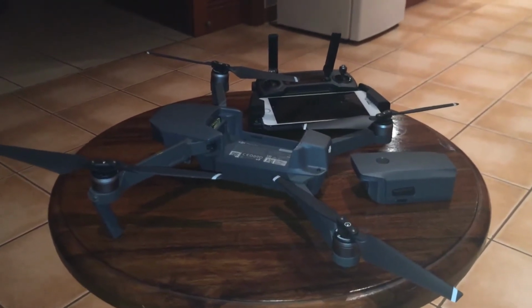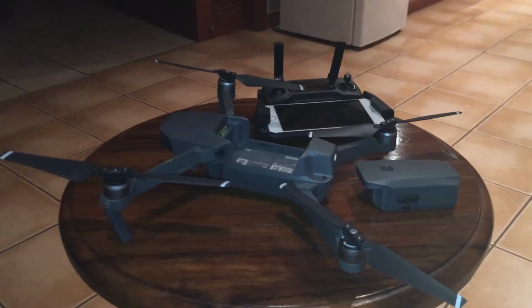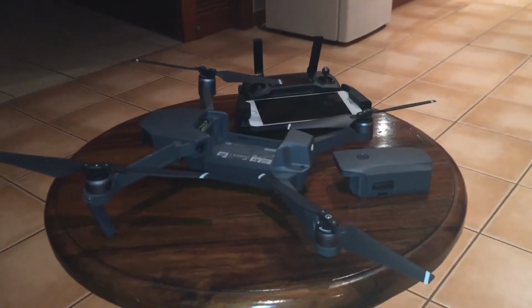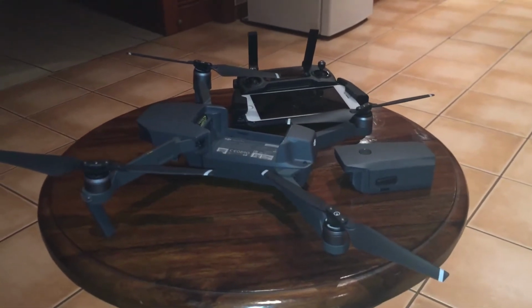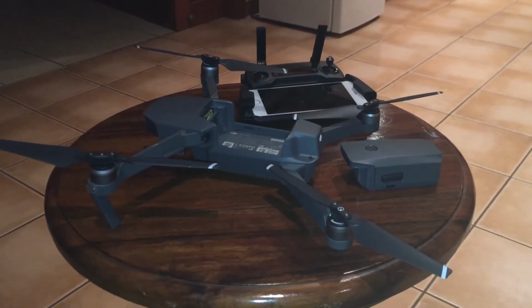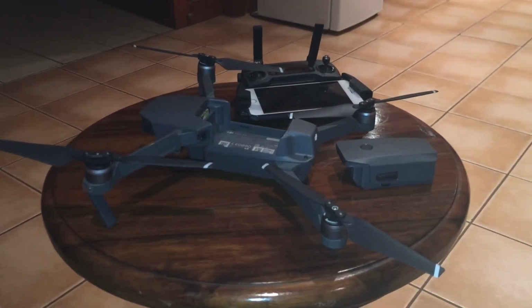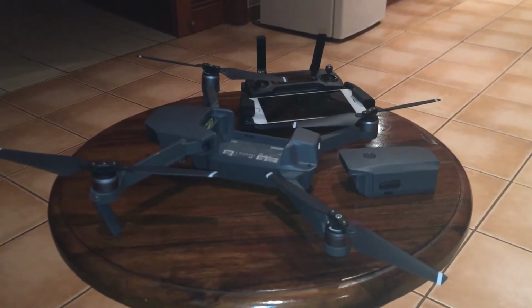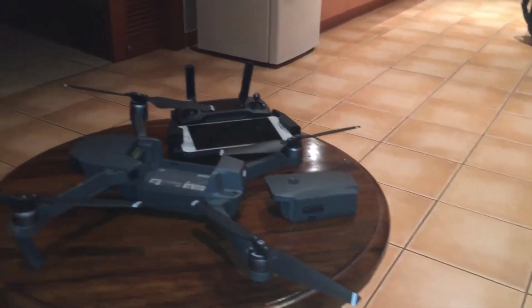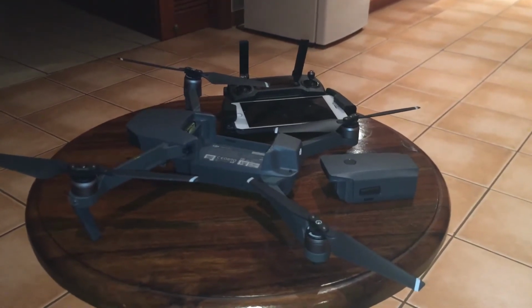But I'm completely aware of that. I'm completely aware of the limitations of my equipment, and I go into that in a lot more detail in the longer version of the video for anyone that wants to watch it. I'll upload that later. But flying in normal or sport mode in a hover, there's zero issues with the gimbal. And as you'll see just now, I'll continue with a bit of flying where I was switching from normal to sport mode in flight, and you'll see there was no issue. And I'll also include a bit of video footage from the longer video where I was doing testing just here inside the little apartment that I'm staying in,